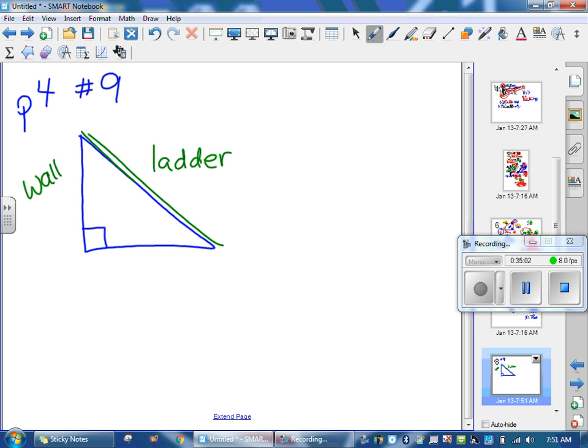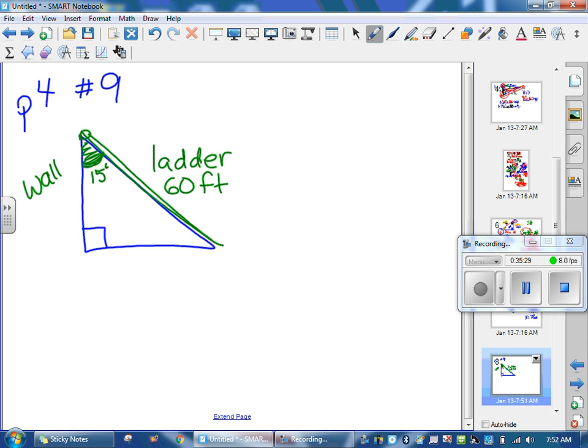And it says it makes a 15-degree angle with the wall. And that means the top of the ladder makes a 15-degree angle with the wall, meaning that is this angle right here. So that's 15 degrees. Okay, we need to be able to find out how tall or how high up the wall the ladder